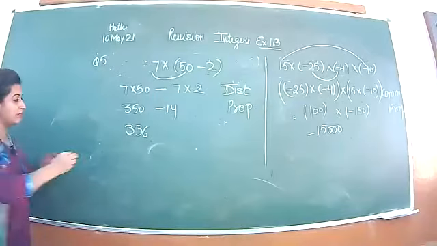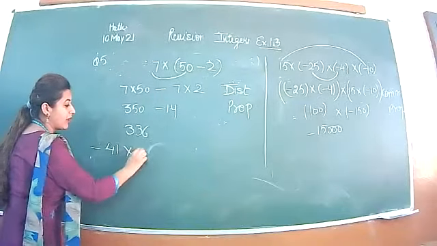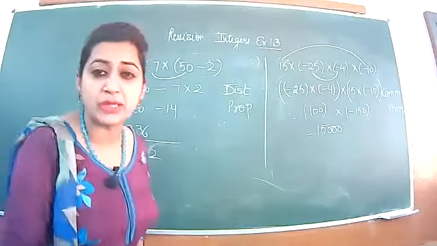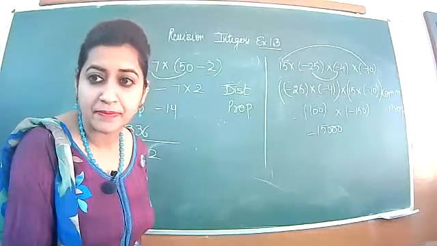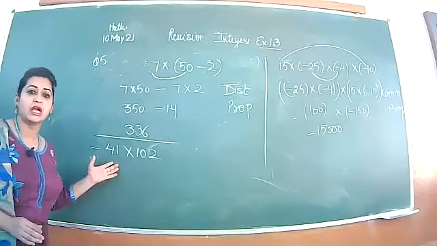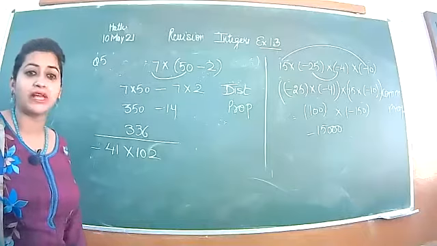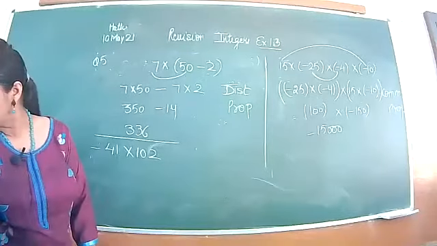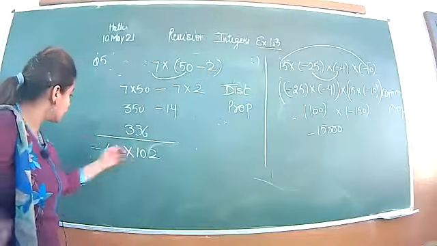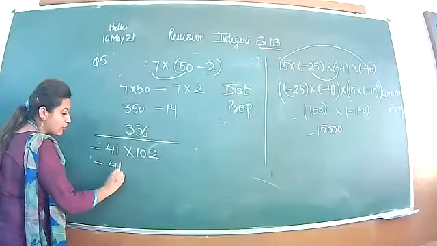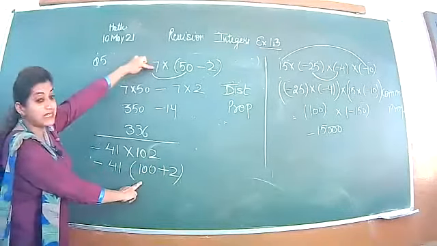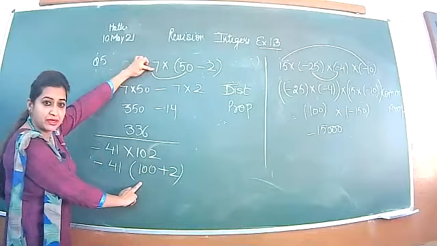Next question is minus 41 into 102. You will not simply multiply this. If you are simply multiplying, you are doing simple multiplication, but you are told to find the multiplication by using a suitable property. So you will keep minus 41 the same. 102 can be written as 100 plus 2. Now, as you can see, these two questions become the same.